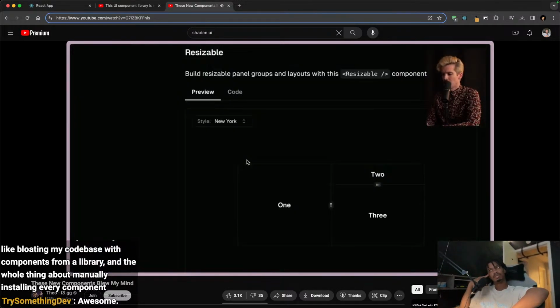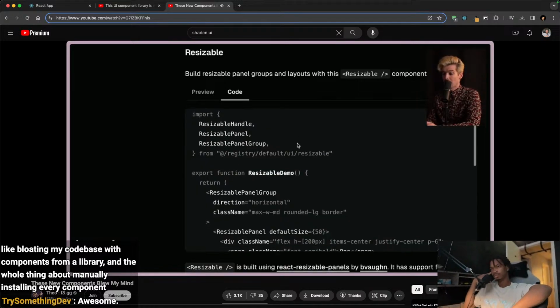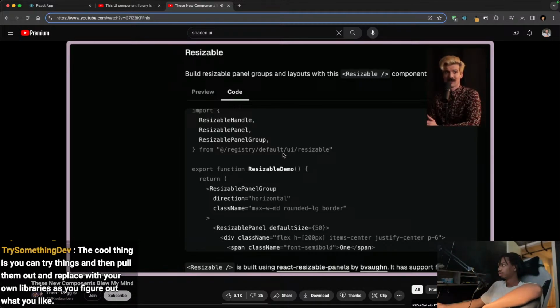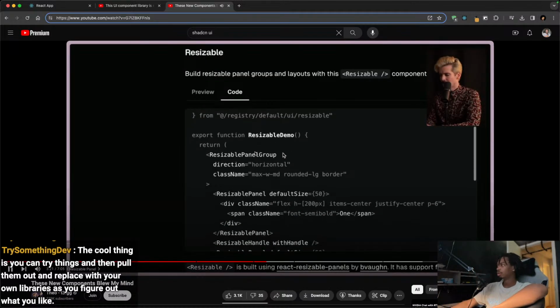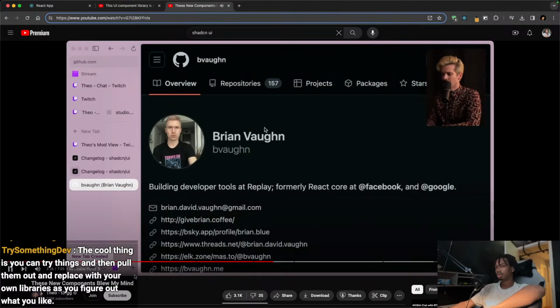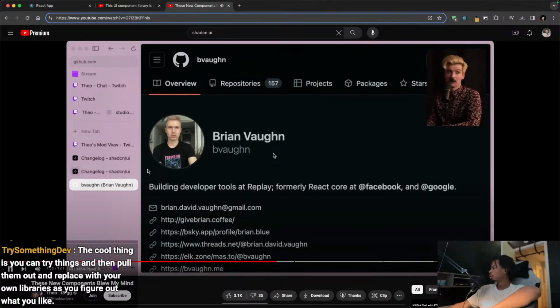And now it's just a component that's built into ShadUI that does most of this work for you. And again, the code is there for you to grab as you need it. This default UI resizable bit is in your own code base. You have the ability to use it however you want, change it however you need, and build something really, really cool. And it's all built on top of React Resizable Panels by Brian Vaughn, who is an absolute legend, mostly known for building the React